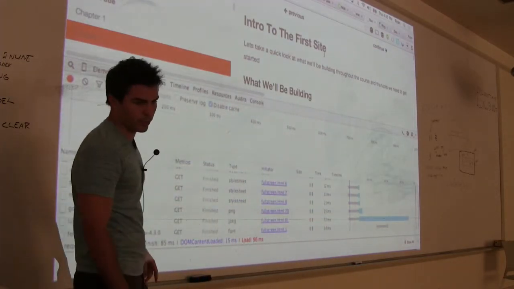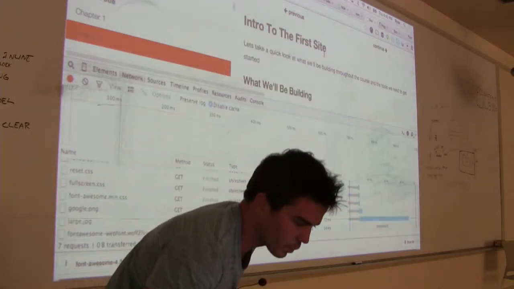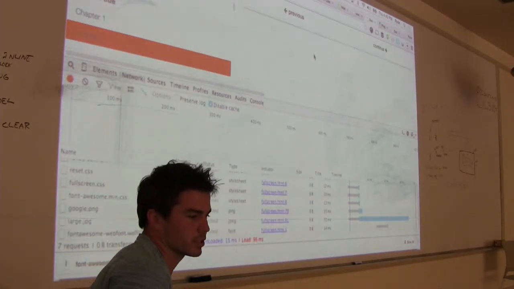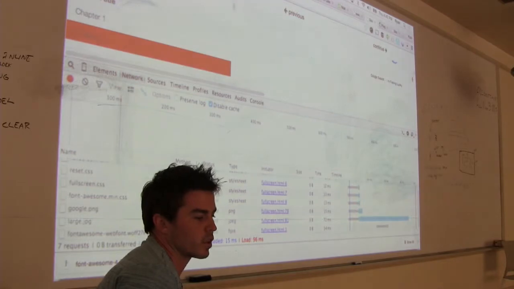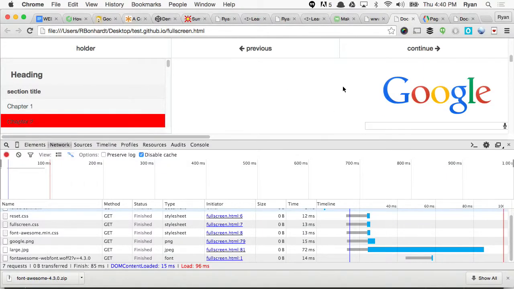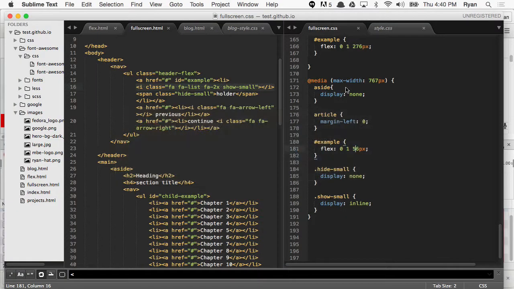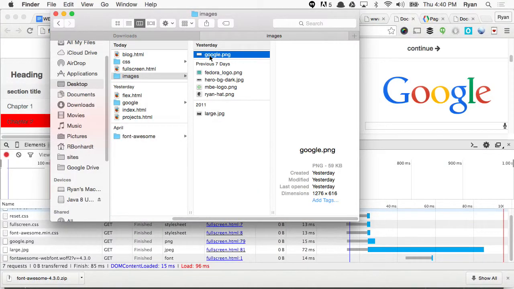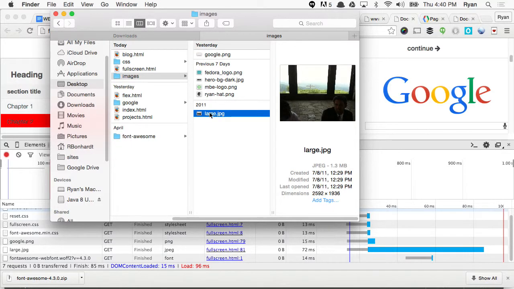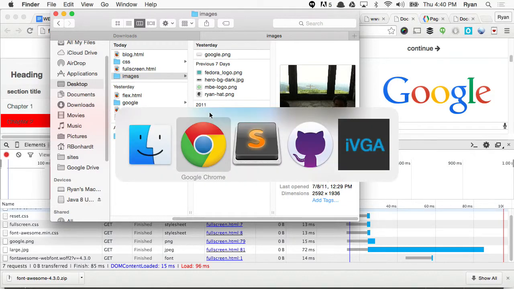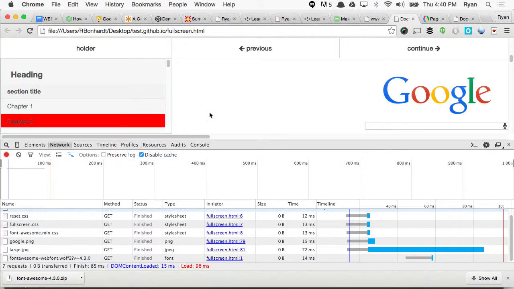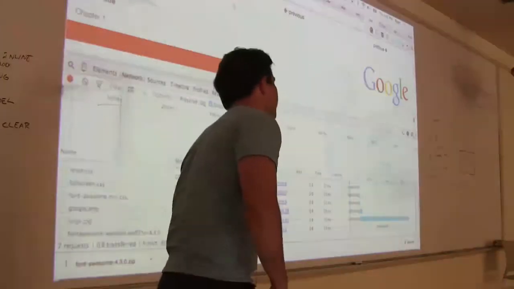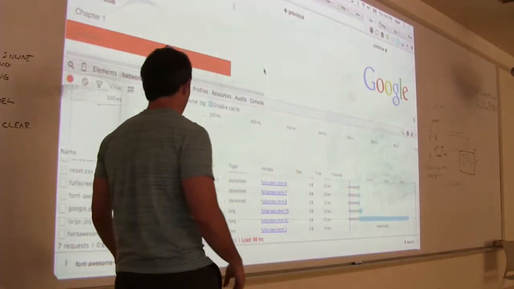is show you what I have here. I did put some pictures on the site. So I put this Google picture here. Let me show you here. I put this Google picture here, and it's about 59 kilobytes, right? And then I put this large image here. That's 1.3 megabytes, all right? And we're not going to get a true telling in terms of time for how long it would take your